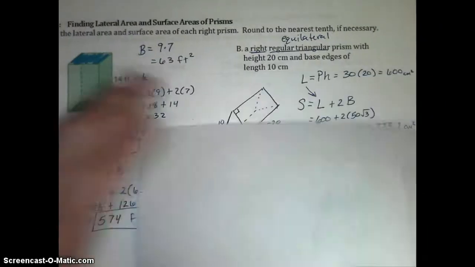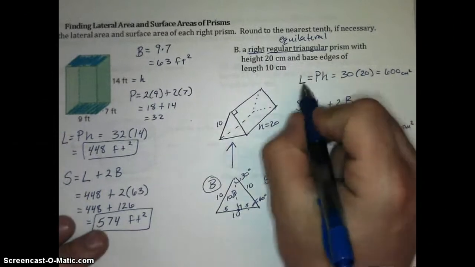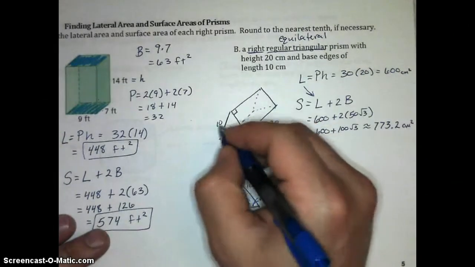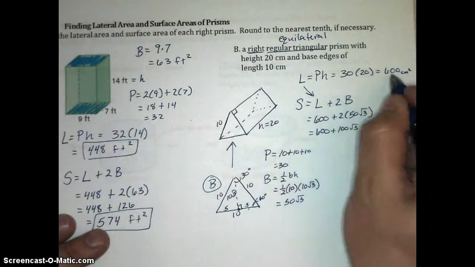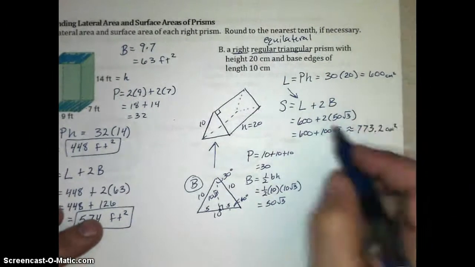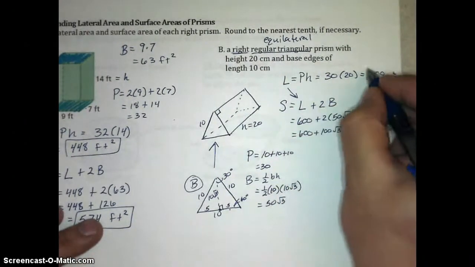Okay, we should get something like this. Your lateral area is the perimeter of your base, 10, 10, and 10 make 30, times the height of your prism, 20. 30 times 20 is 600 square centimeters. So we take that and plug it in for our surface area